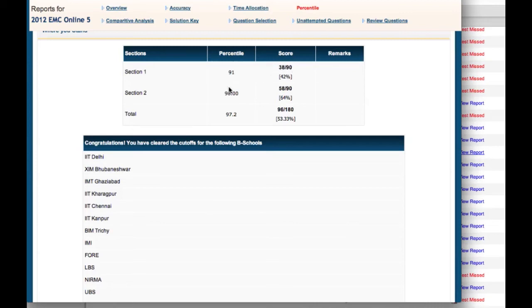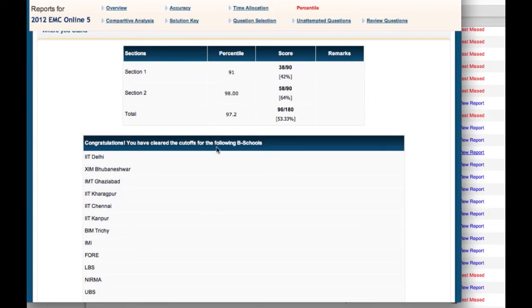Now, these percentiles are not randomly determined. After a lot of research, we found out the optimum percentile that you will get for a certain paper. This is how we predict, and this is fixed. It is not that if 10 people have taken a test, the percentile will be according to those 10 people. This will be determined by our expert team at the back end, to give you a real-time feel, so no matter when you are taking the test, you will get the right percentile.